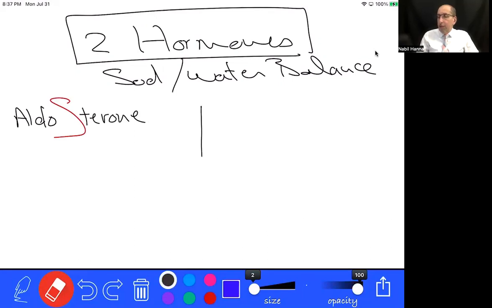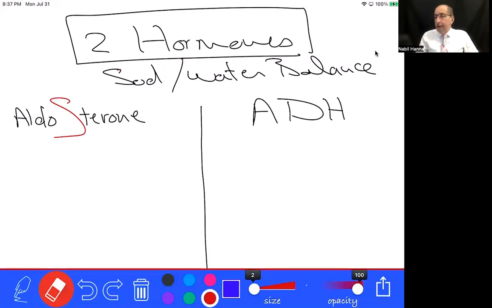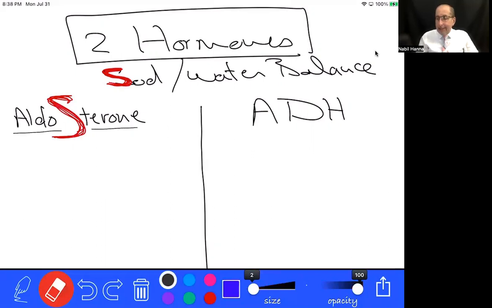And the second hormone is the antidiuretic hormone, or ADH. These are the two major hormones that regulate the sodium-water balance: aldosterone and ADH. And if you notice, I intentionally made the S in aldosterone very big and red, because aldosterone is